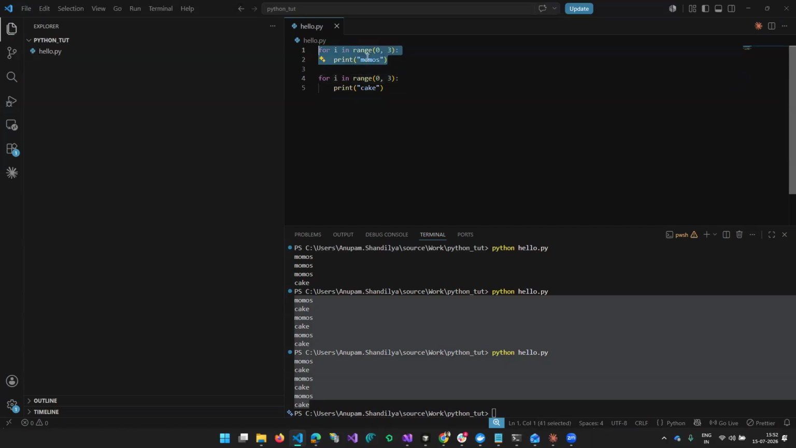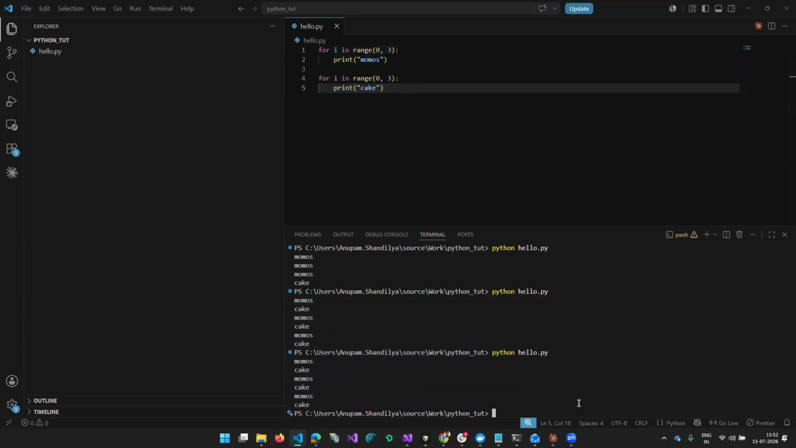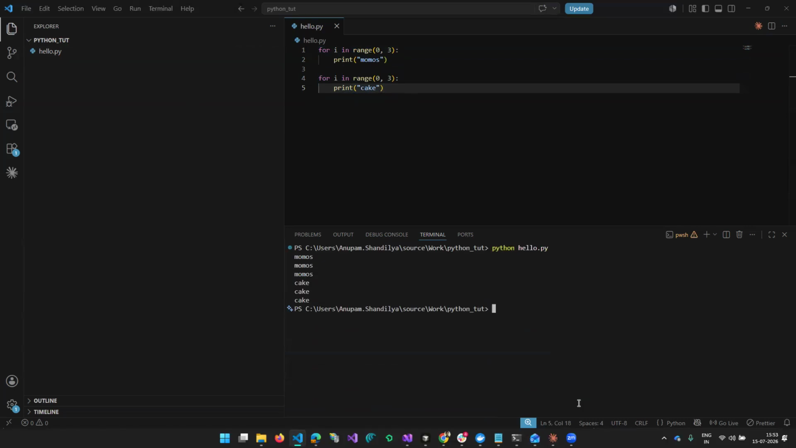This will print momo, momo, momo. Then again we will iterate and print cake, cake, cake. Check it out. See, everything happens sequentially. So first this, then we get into this other loop. This prints this. Okay. And if I write something outside here,